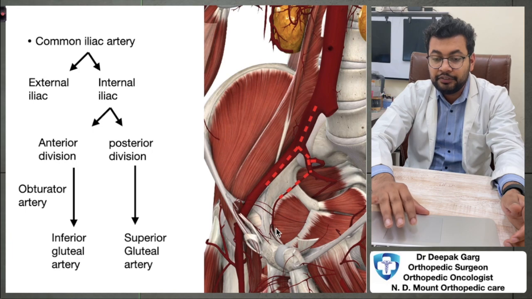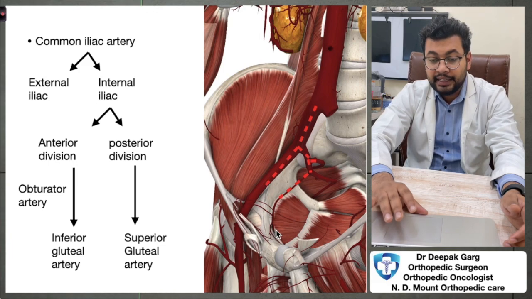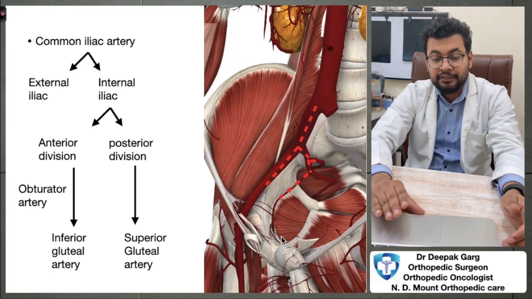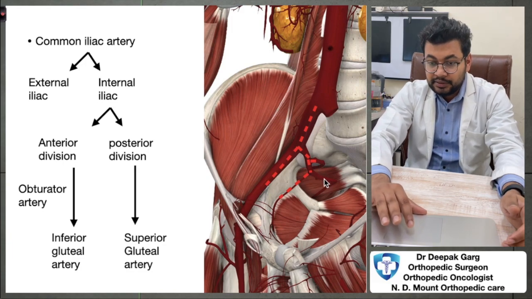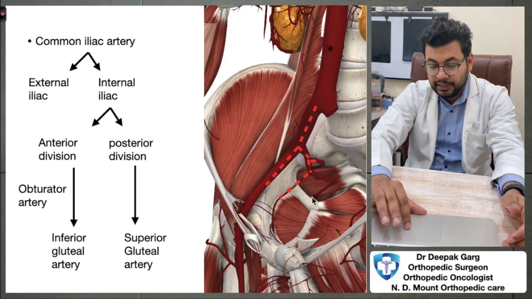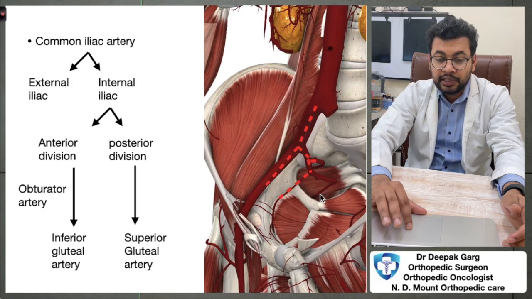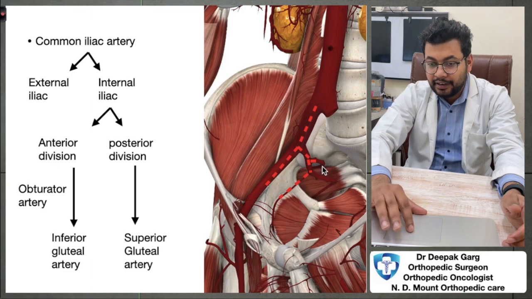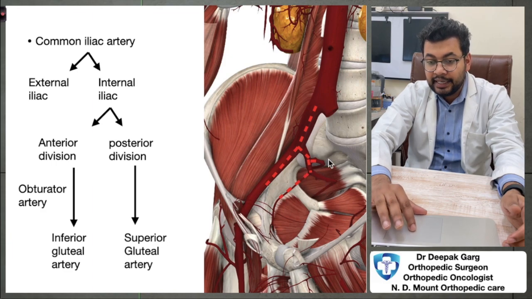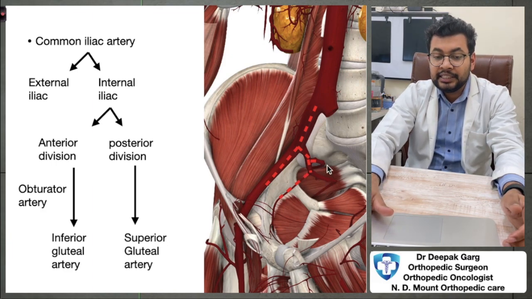It will enter the obturator foramen and then enter the thigh, where it will give two branches, anterior and posterior divisions, which will supply the muscles in the adductor compartment, and the posterior division will also supply the hamstring muscles. Then the anterior division will continue below the piriformis muscle as the inferior gluteal artery, which will pass through the greater sciatic notch into the gluteal area and supply the gluteal muscles. Similarly, the posterior division will give multiple branches and will continue superior to the piriformis muscle into the gluteal area via the greater sciatic notch and supply the muscles in the gluteal area.